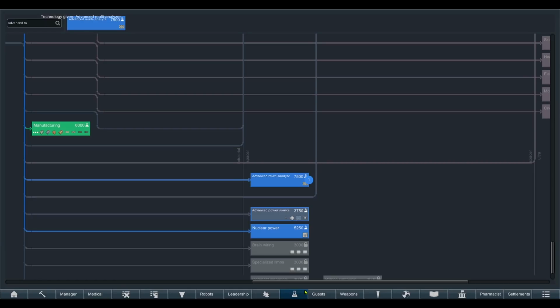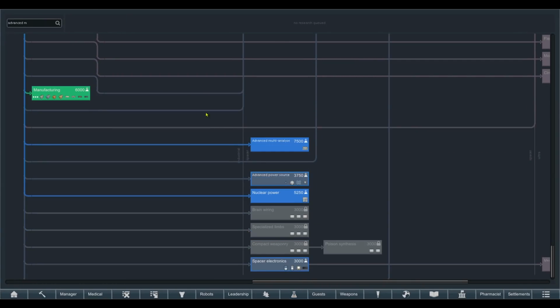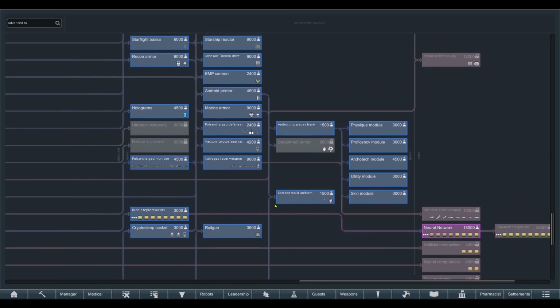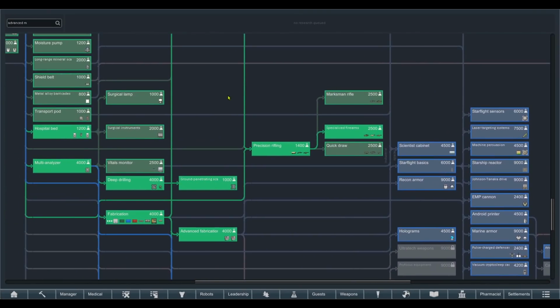What do we want to research then? What do we want to research right now? My God, that's a hard choice. I've been told the advanced power sources are pretty decent. We've got neural networks. Oh, we could have researched something for 18,000. Good God. I didn't even know where to begin. There's so much stuff, and this is up in...